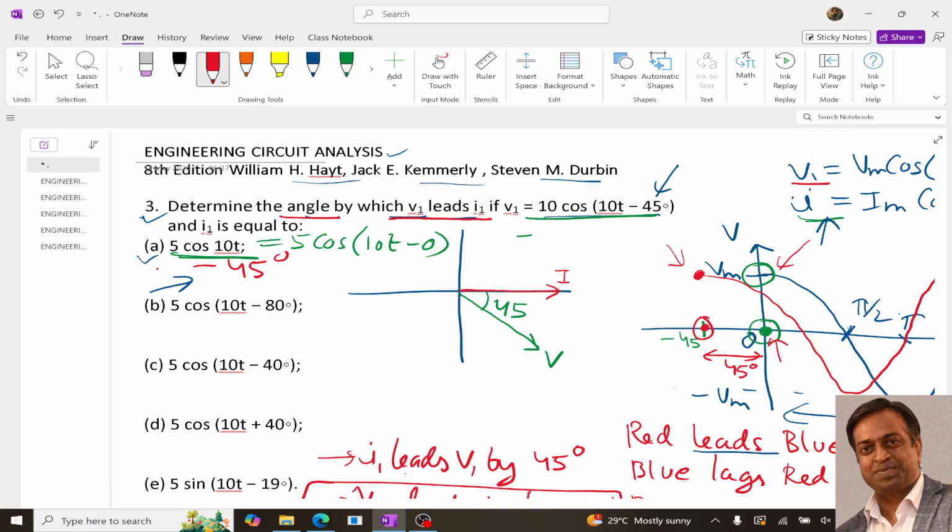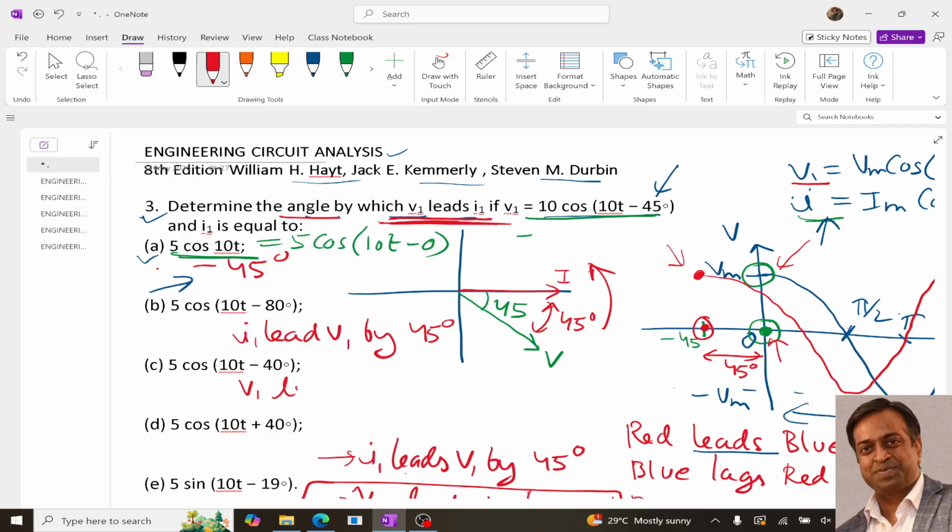Now you can see, moving in an anti-clockwise direction, I is ahead of V. So we can say I leads V by what angle? The angle difference between the two is 45 degrees. And now since we need to answer in this form, V1 leads